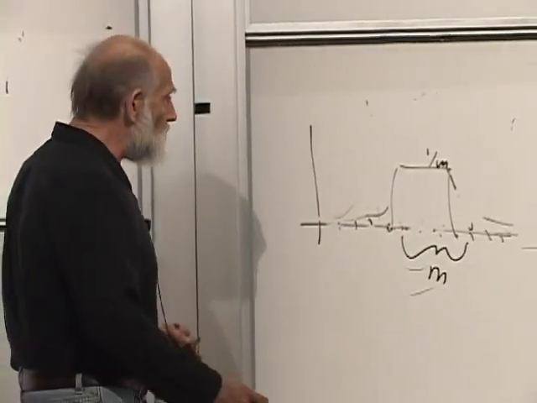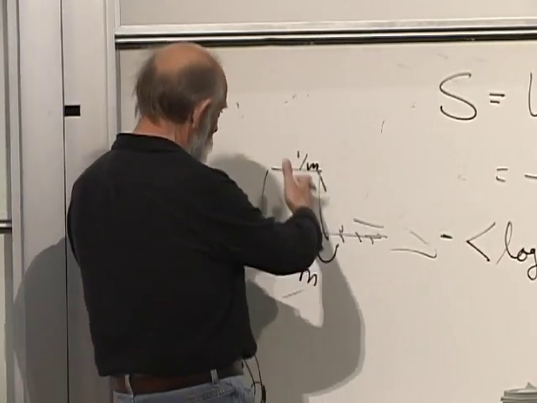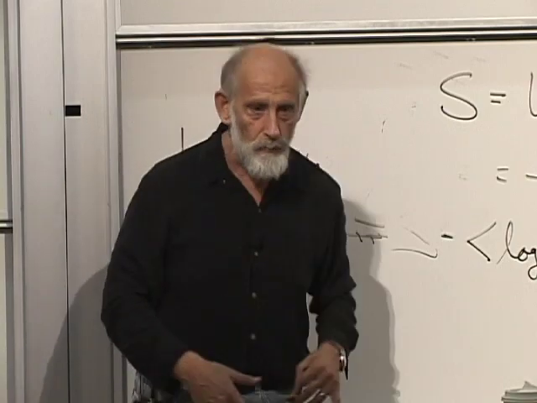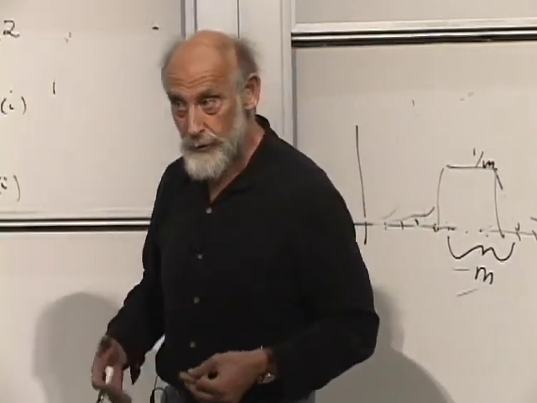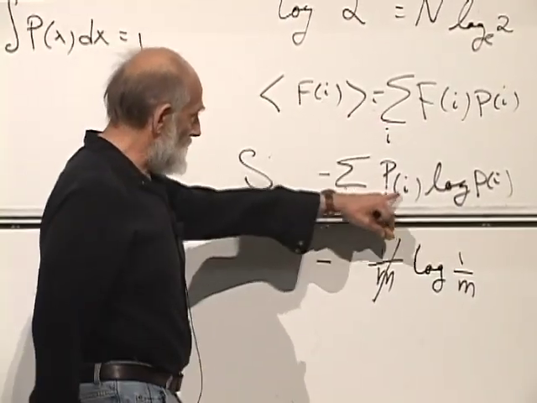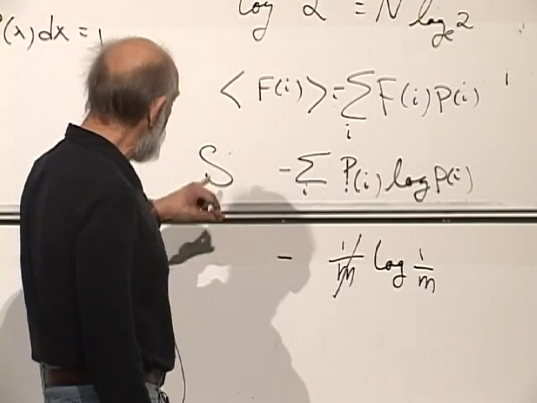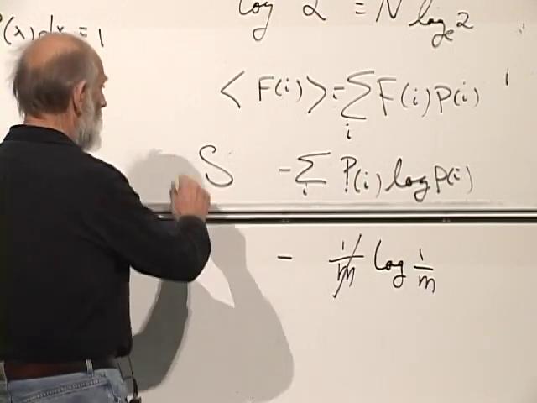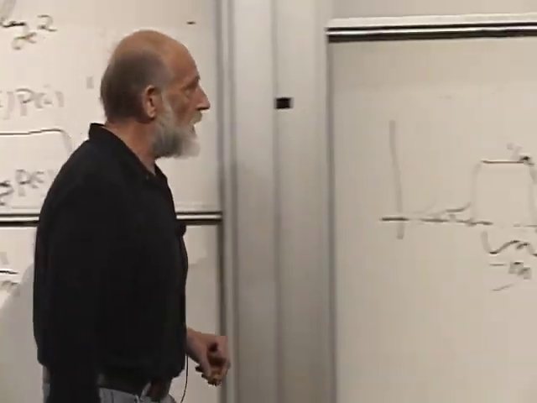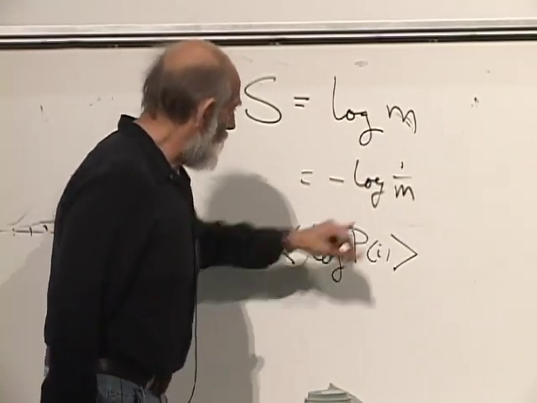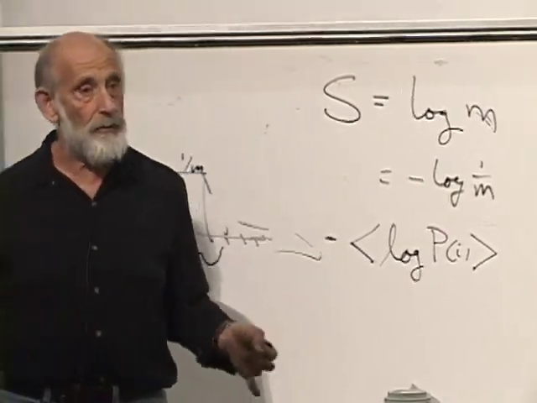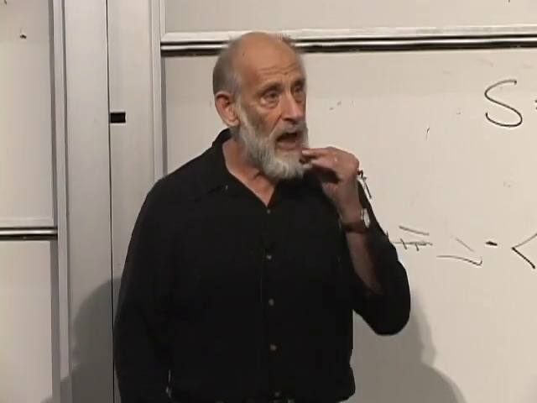It is kind of a measure of the width of the distribution, or the number of configurations with more or less equal non-negligible probabilities. But it is what it is. Minus the sum of P sub I log P sub I is called the entropy. As I said, it reproduces this answer when the conditions are applicable for this answer, and otherwise it gives a general answer. Any questions?